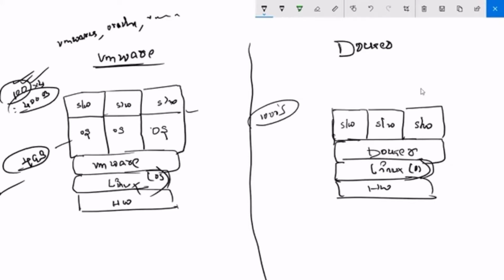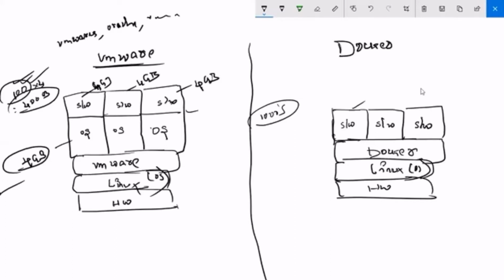And one more main difference is that while creating a virtual machine in VMware, we allocate RAM, right? For example, take 4 GB RAM. We allocate RAM. Pre-allocation of RAM is there. But here we are not going to allocate any RAM. During runtime, it will take whatever is required. Whatever it uses, it will take RAM during runtime from the base machine.